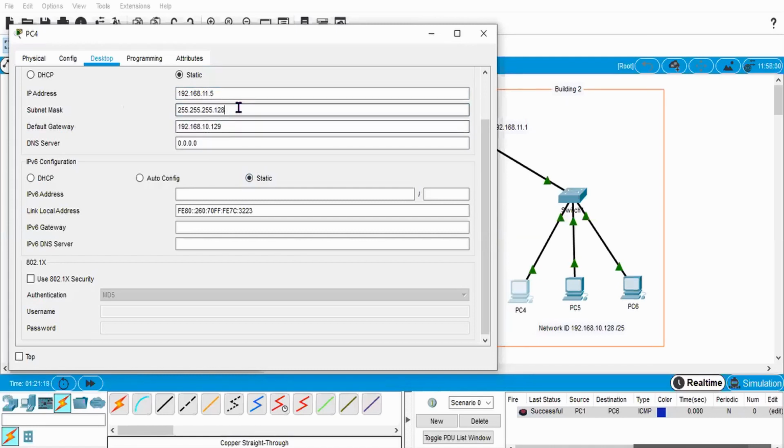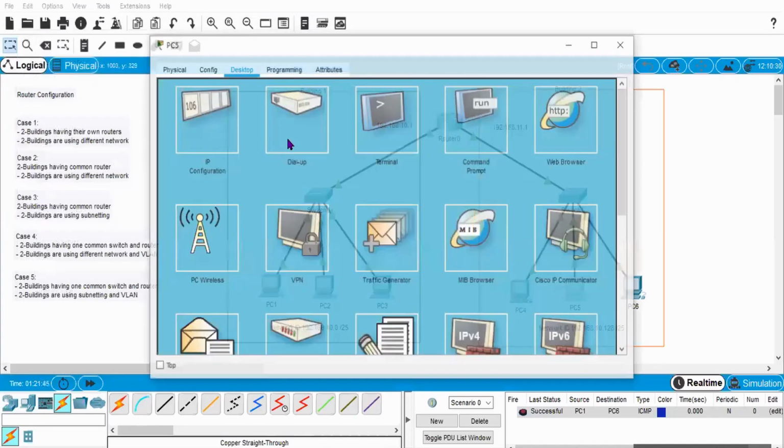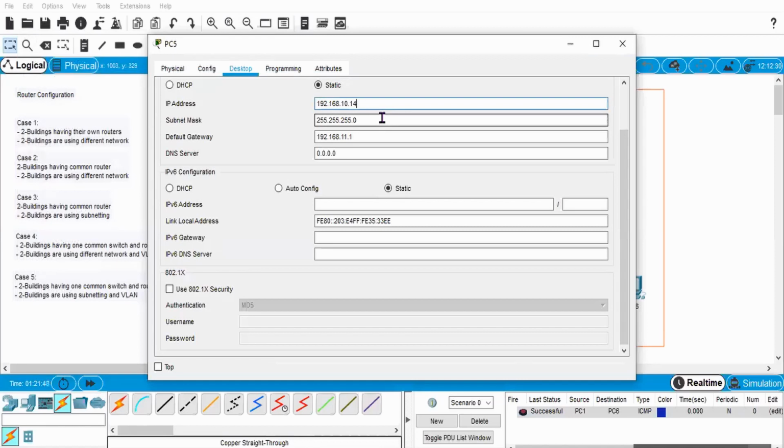128 at the end is the subnet mask, and 192.168.10.129 is the gateway. For the IP address, any random number, say 140, is the IP address of this one. So I will copy this 140, go here and change this one. Let's say 141. This is 128. Go to this PC number 6.